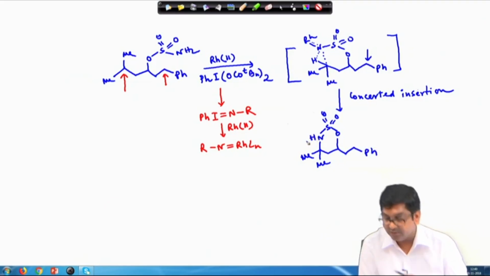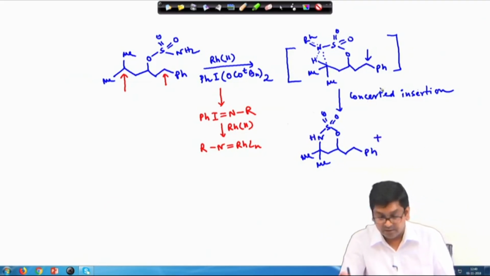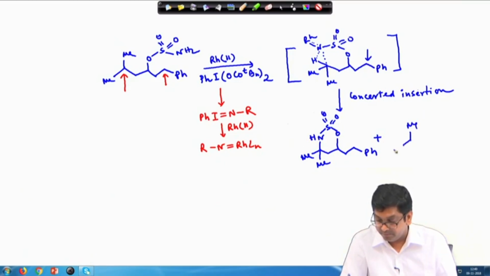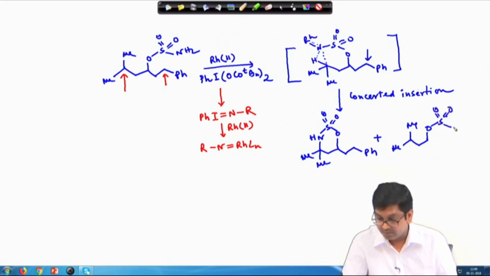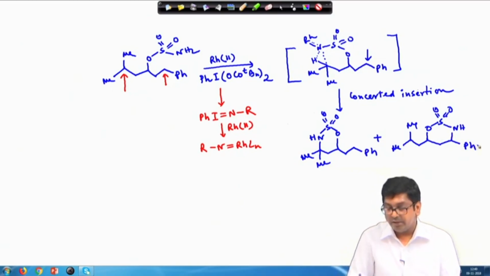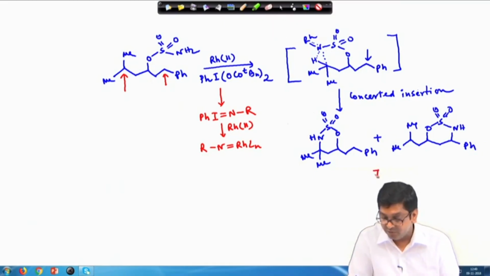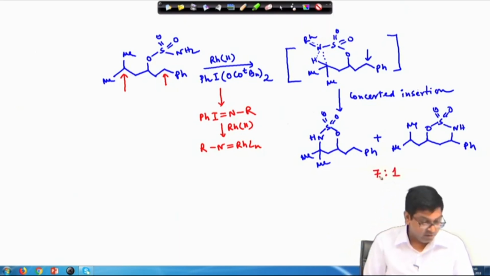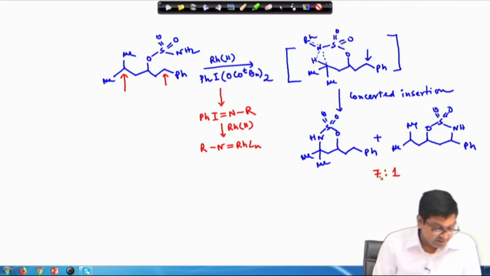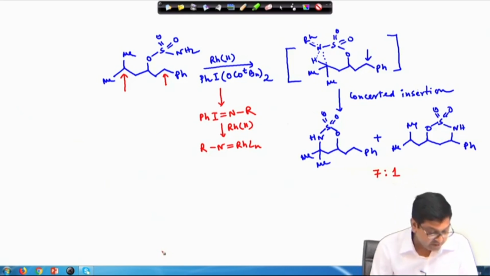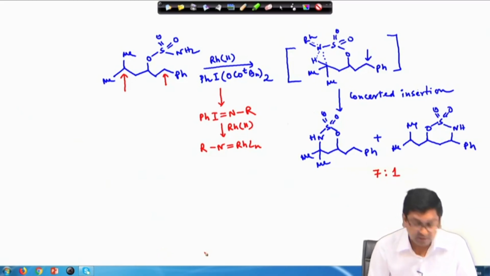So, this will be this product plus what will happen, the insertion can happen in the different benzylic place, okay. And the ratio between these two products will be 7:1. Okay. Why? Because it has been found that carbon hydrogen bond reactivity for this intramolecular oxidation, the qualitative rate,